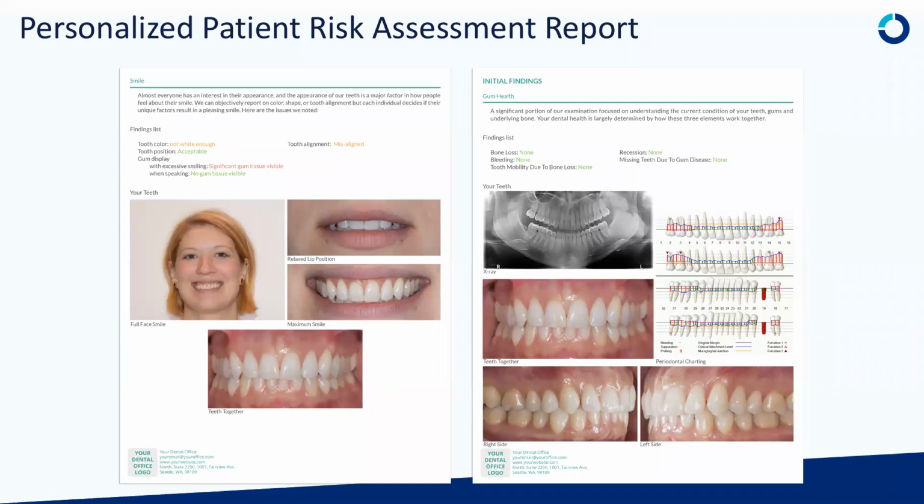This gives the patient a very personal risk assessment that they can actually look at, and they will understand what you're talking about. So when you tell them that you have some chips here, let's say you have very strong wear on the front teeth, this is a spot that we're concerned about, you actually are showing the patient his personal teeth, his own x-rays, his own photos. So when you're actually talking about their case, they're not just looking at random placeholder images that really relate to him in no shape or form, but they're actually very personal